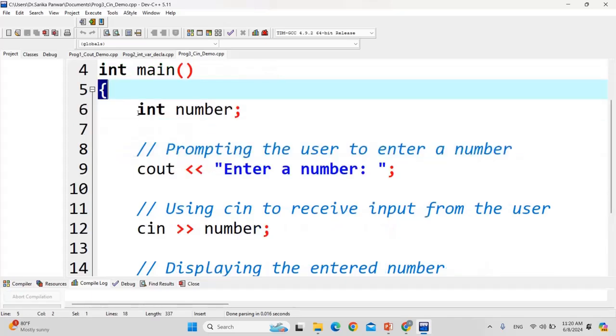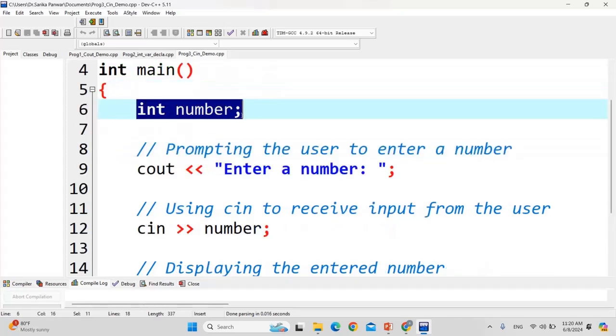Now in this code we have declared one variable, an integer variable, the name is number. Number is just the identifier, you can give any other name. Then we have displayed one message on the output console by using cout. Okay, and what is the message? Enter a number. This is just a message.